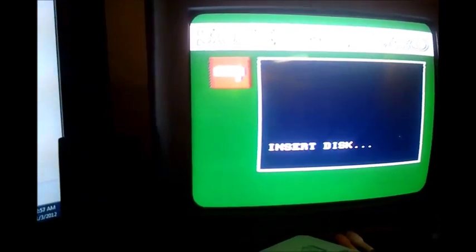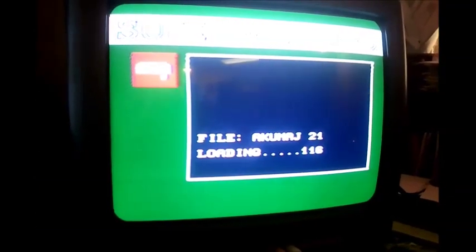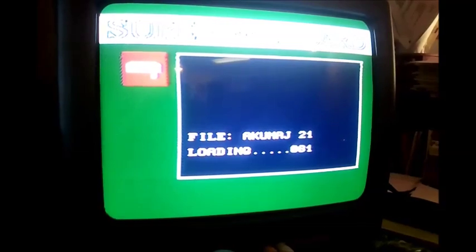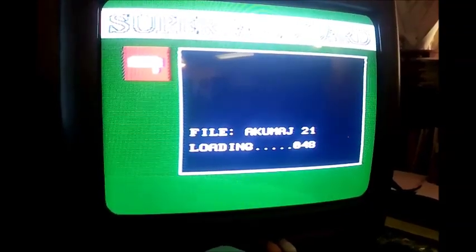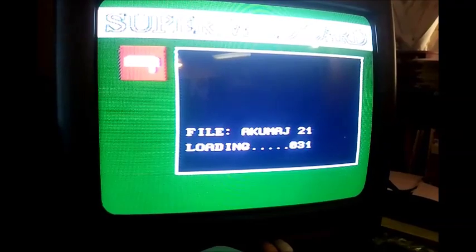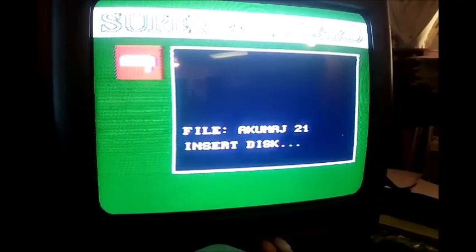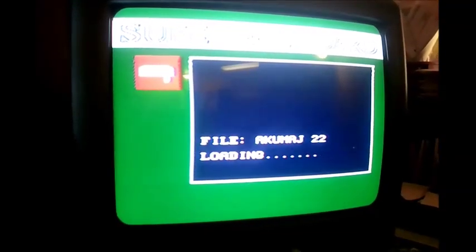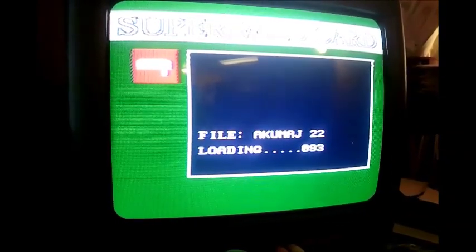Akumajo XX, and here we go. So it's going to load this up, and once it's done loading this disk of it, virtual disk, whatever you want to call it, it'll say please insert Akumajo 2 whatever, or couldn't find it or whatever like that. So at which point I will push the number sequence button to the next highest number. See, file not found for the next one. So from here, go to 2 and then hit B for retry. And there it goes, it found the next disk, or next virtual disk. It's going to finish loading it all up,